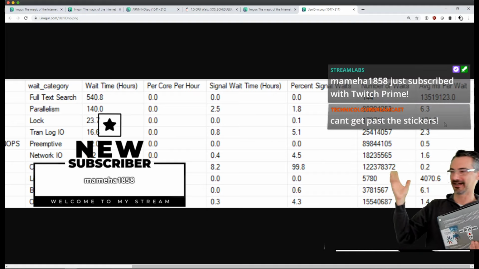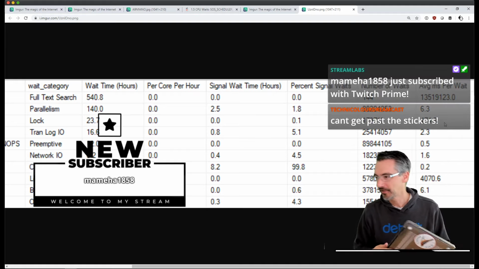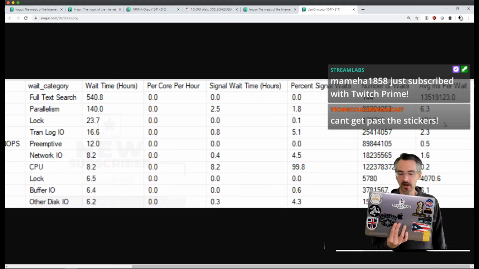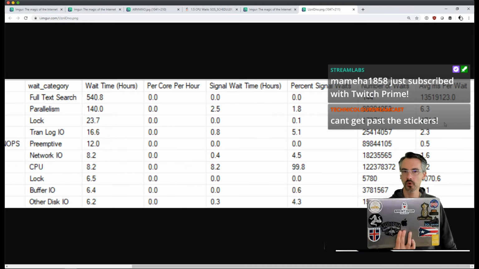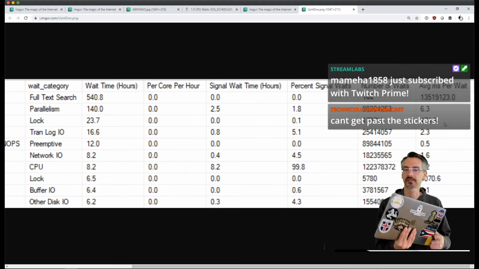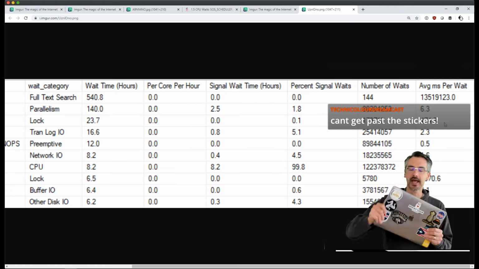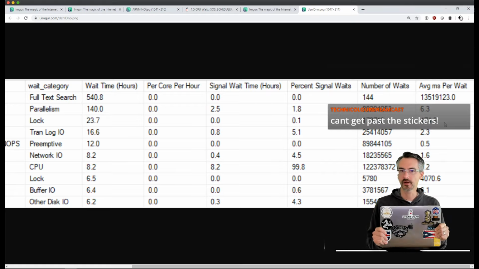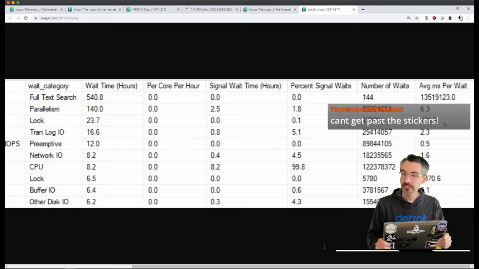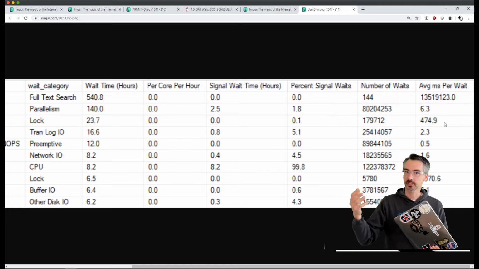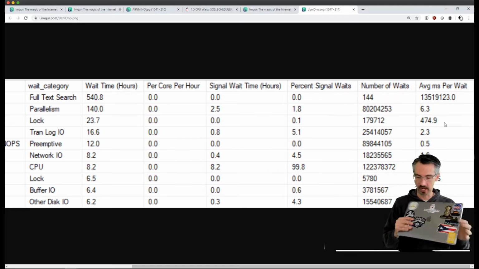Oh, my God. Oh, my God. And yeah, I can't get past the stickers. I always think of my laptop as a passport. It shows all the stickers of places that I've been, and the laptop is only ever allowed to wear the stickers of the place it actually went. Like, I don't go and buy extra stickers and then put them on whenever I get a new laptop. So it's kind of fun.